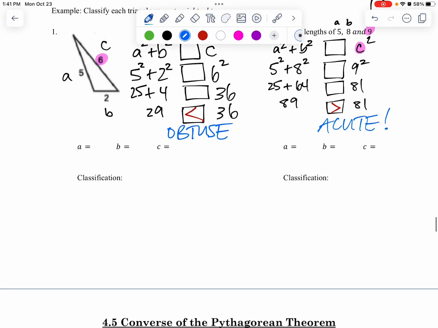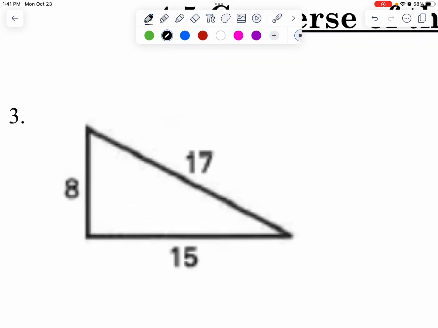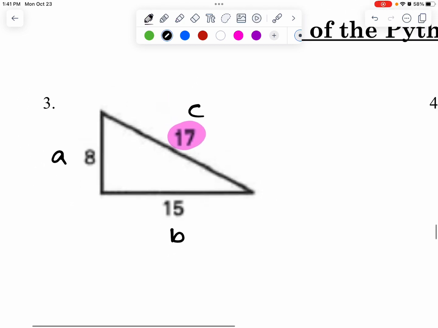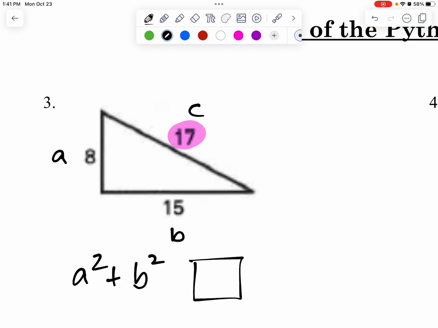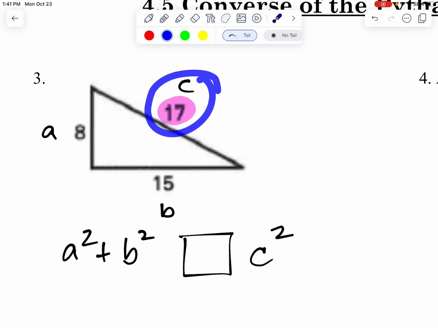Okay, let me try one more. Which one's the biggest side? This one is the biggest number, so I'm going to put a C right there. The other two are A and B. It doesn't matter which one's which. I'm going to put A squared plus B squared, giant box, because I don't know how to fill it in. It's either going to be equal, less than, or greater than, but remember that the biggest number is always the